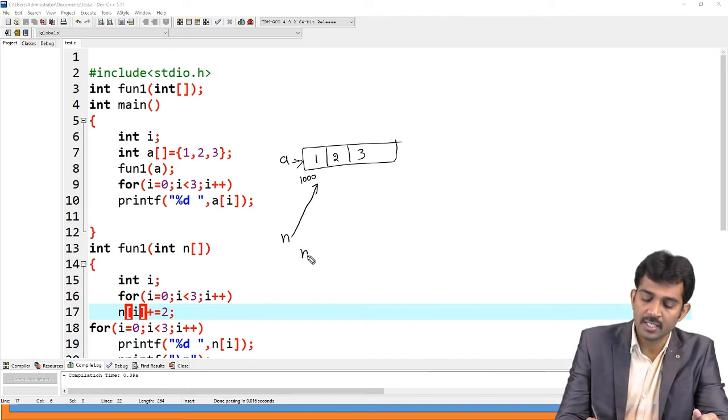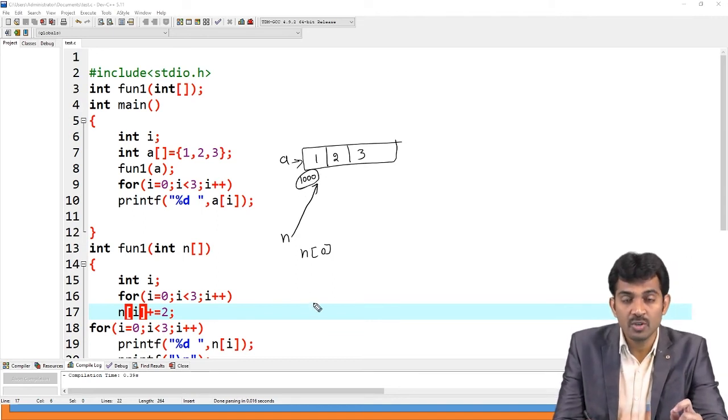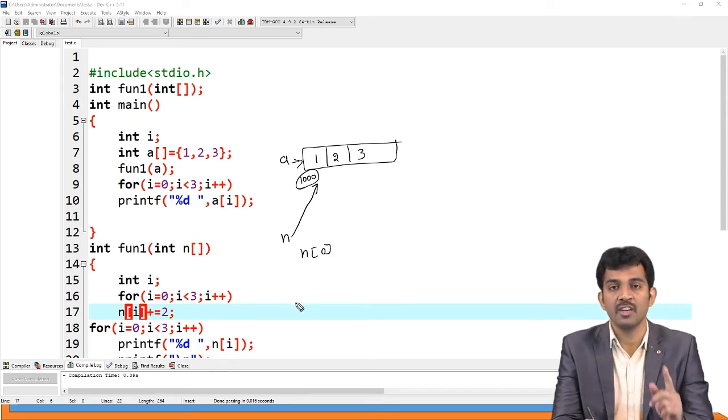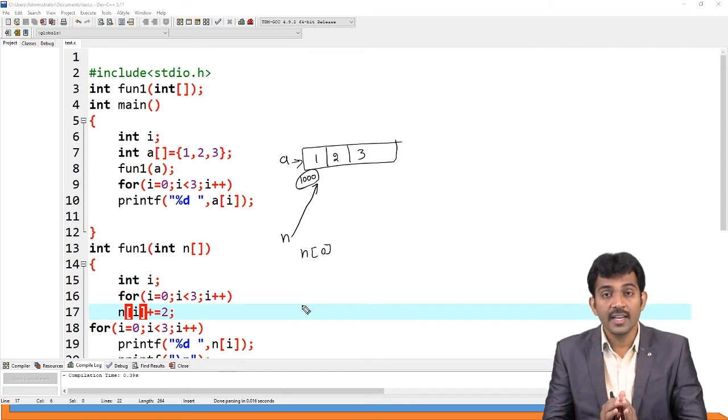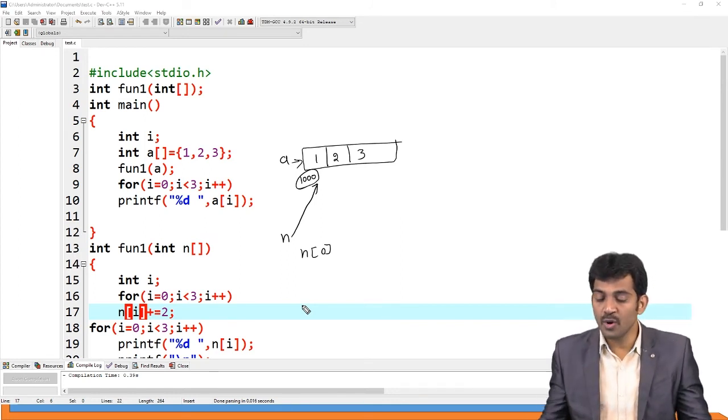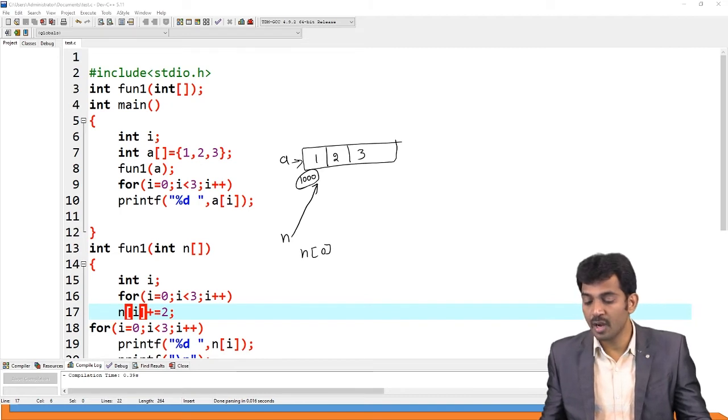N of 0 means it takes this address only. That is why, please note, for arrays the modifications made in the sub function are also reflected in the main function. That is why I discussed call by reference. Passing arrays follows the call by reference concept. Is this clear?